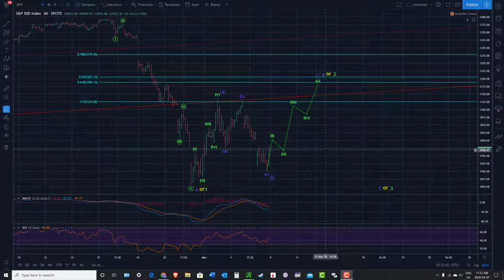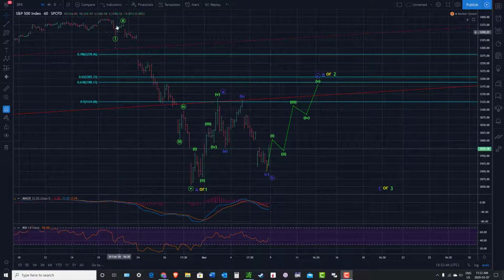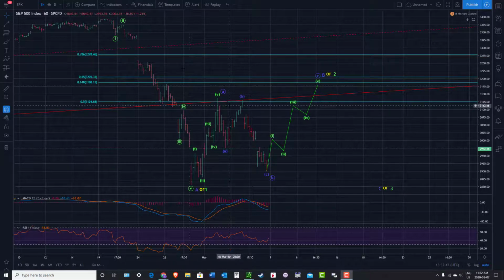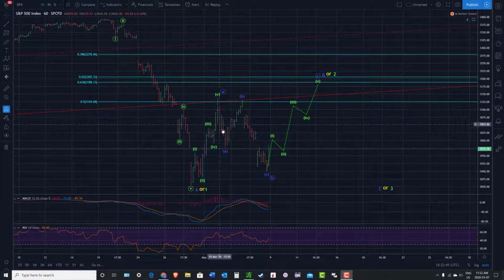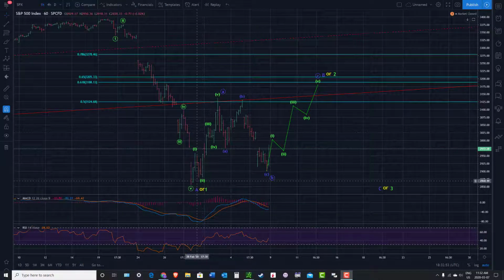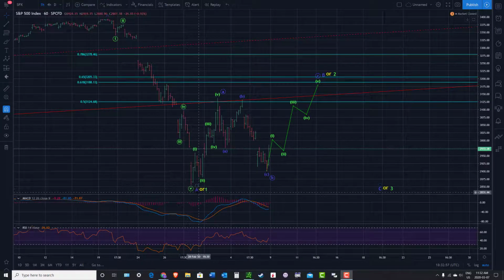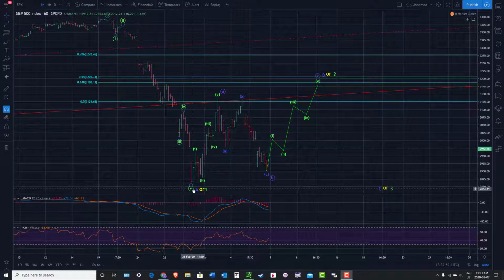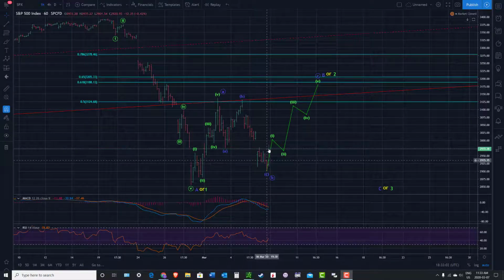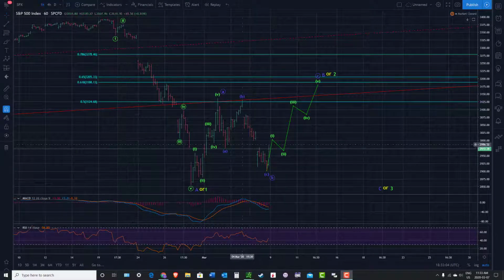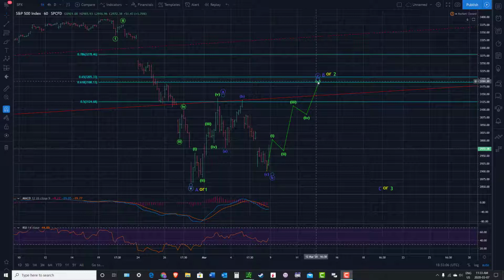Going to do an update on the major US indices. We'll start off here with the wave chart on SPX. And since my last video, we've had more pattern development. So still have this nice 5 down from the top for a larger A or 1. And I think we're still in the process of correcting that 5 waves down in a move to the upside